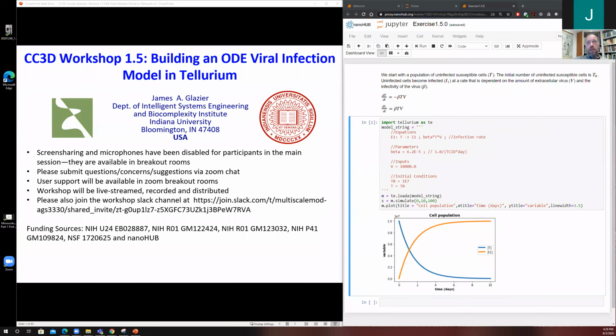So today I would like to continue by talking about modeling of viral infection dynamics. And to do that, we're going to have to do a little bit of ODE modeling, of Tellurium modeling. And we're going to be using the Jupyter Notebook Tellurium tool on nanoHUB. And we'll come back to that. If you took Herbert's class last week, you'll have used this tool already, but we'll remind people of